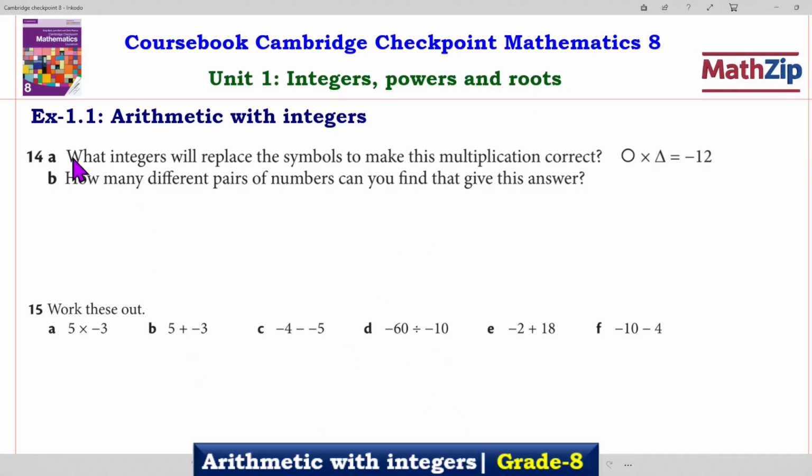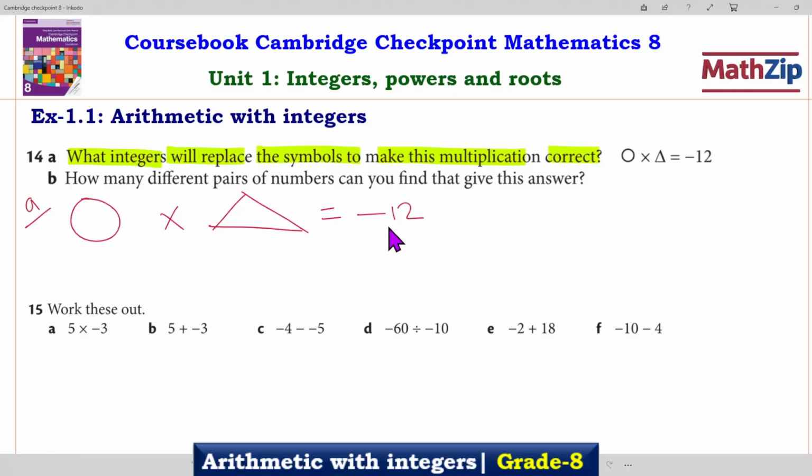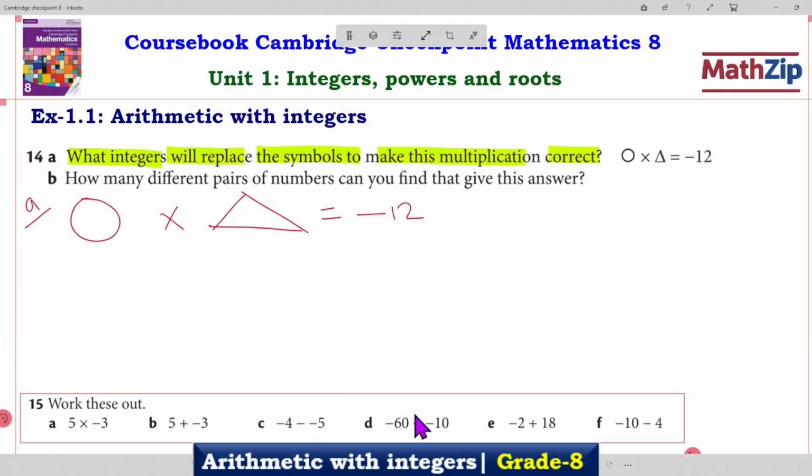Look, what integers will replace the symbol to make the multiplication correct? Here is a circle. It's a number a, and we multiply with triangle, and here we should place some number. After multiplication, result will be minus 12. So look, it should be minus 12. So what is that numbers? Here it's a best way